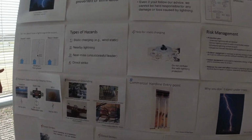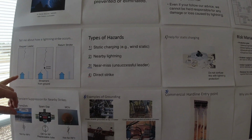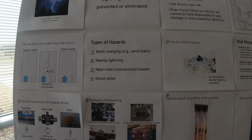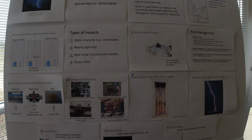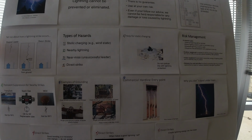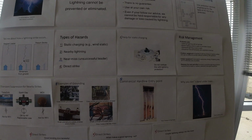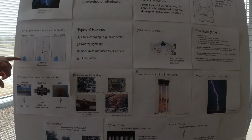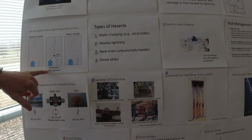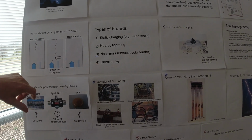Okay, so people want to know, does lightning go up or down? Oh, yeah. And the answer is yes. So when there becomes an abundance of charge in a storm or in a cloud above you, air breakdown begins. And that creates what we call a stepped leader. And the stepped leader moves in jumps of about 50 meters. It jumps 50 meters and pauses, another 50 meters and pauses, until it moves its way down toward the ground. So when it gets close to the ground, anything that's near the end of that leader will shoot up